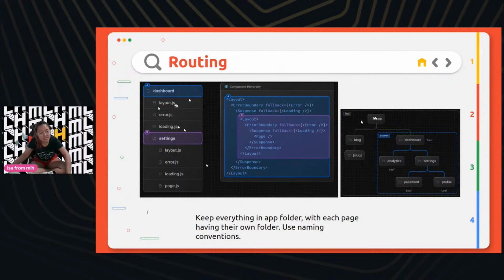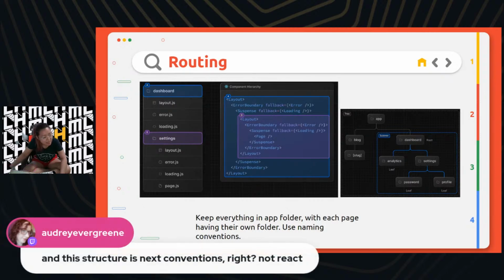And then here we see in purple another folder within dashboard called settings, which has its own layout, error, and loading. What this is saying is that settings is a component of the dashboard page. And the page itself, like the content of the page, the components of the page will go in page.js.